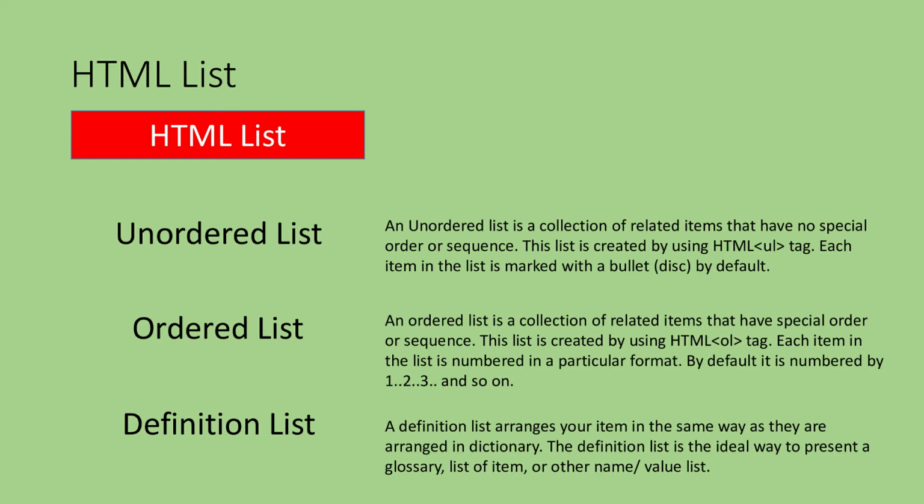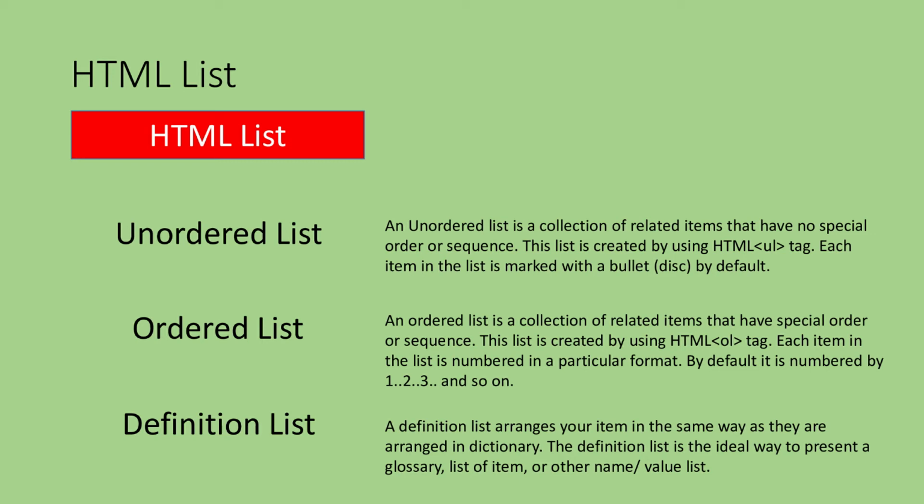Next topic is definition list. Definition list arranges your items in the same way as they are arranged in a dictionary. The definition list is the ideal way to present a glossary, list of items or other names or value list. Definition list makes use of the following tags: DL, which defines the start of the list, DT, a term, DD, term definition,